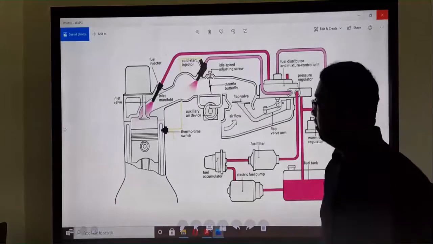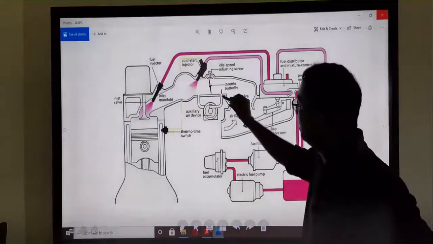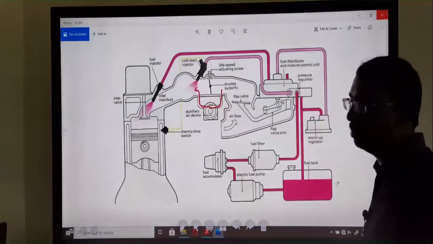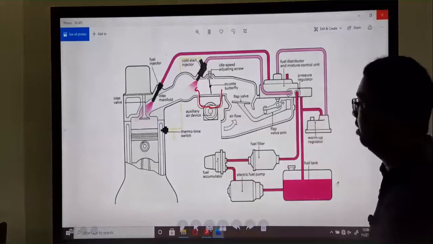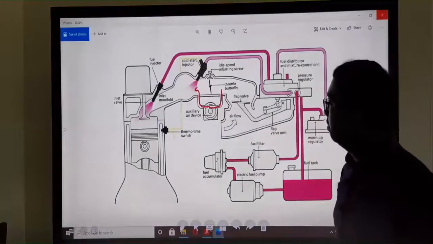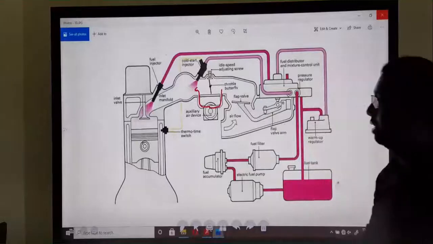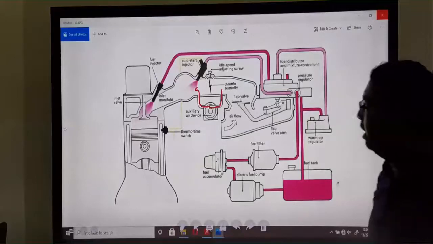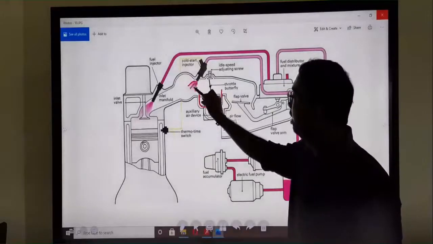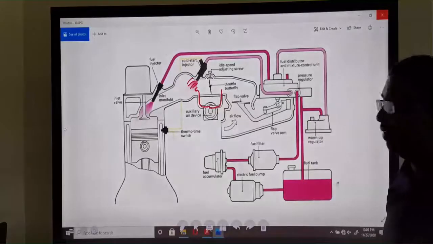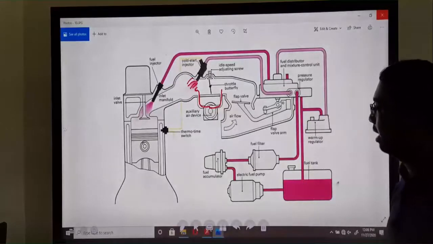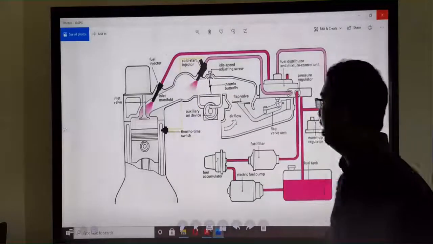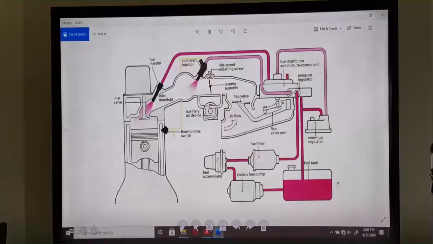Moreover, there is another bypass air line here, after the throttle body. That is called the auxiliary air valve. Because of the cold start injector, we need a richer fuel mixture for petrol engines. That is achieved by the extra fuel, but we need some amount of extra air also. That amount of air is supplied by this bypass auxiliary valve, and we can see how this auxiliary valve works.